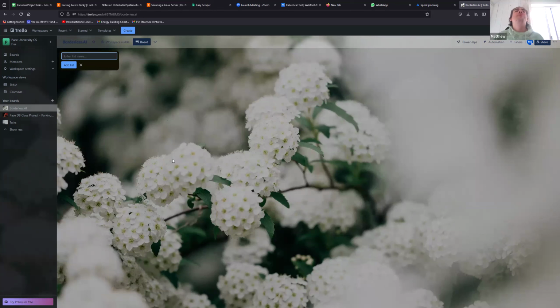I had a couple of potential ways of doing this in mind. One is coming up with user stories, and I thought that they could potentially dictate the tasks that we come up with.